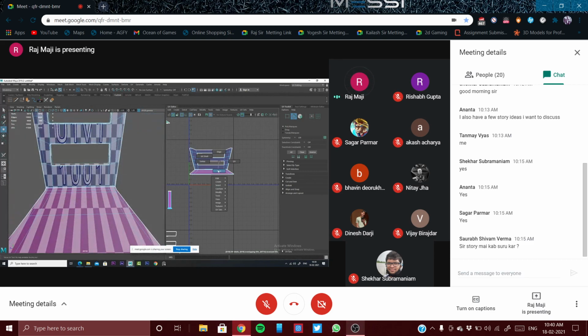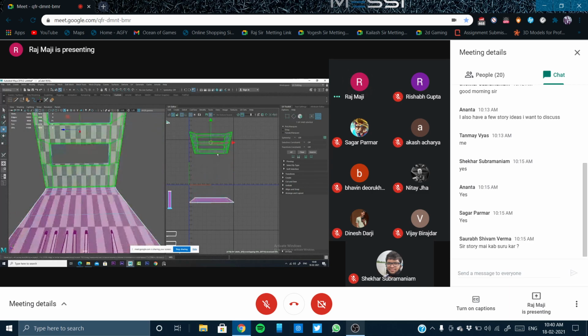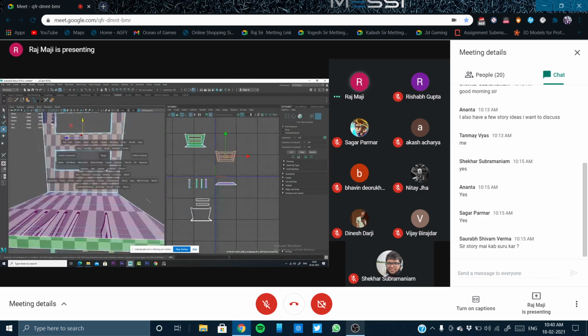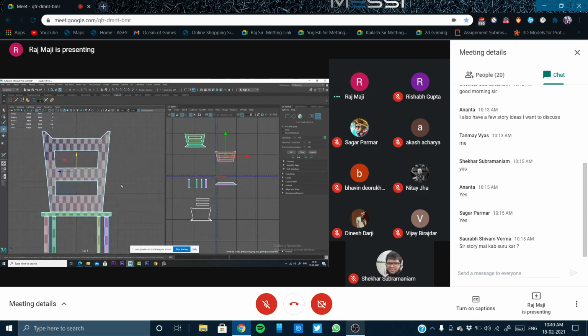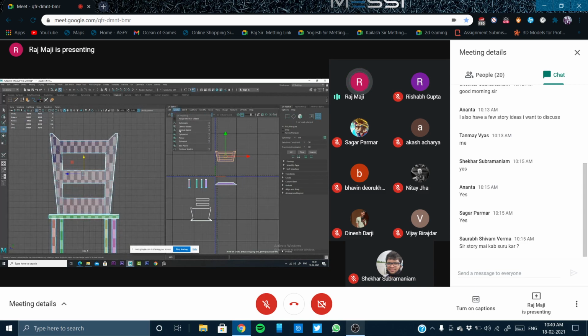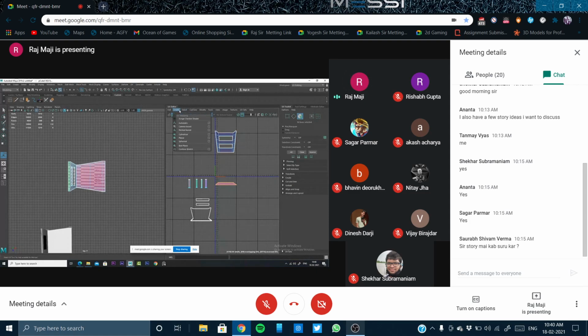So this and this. For now selecting this one, going to the front view, create planar mapping. Everything is all right, keeping it aside. Now selecting the top view and selecting these faces, create planar mapping.